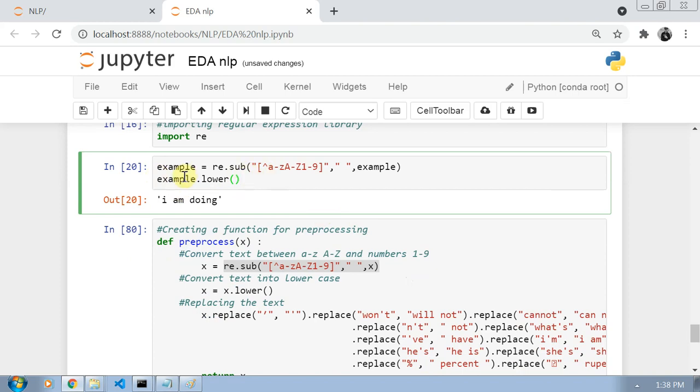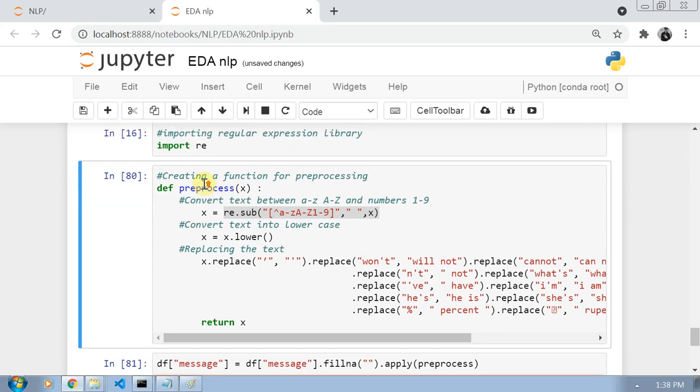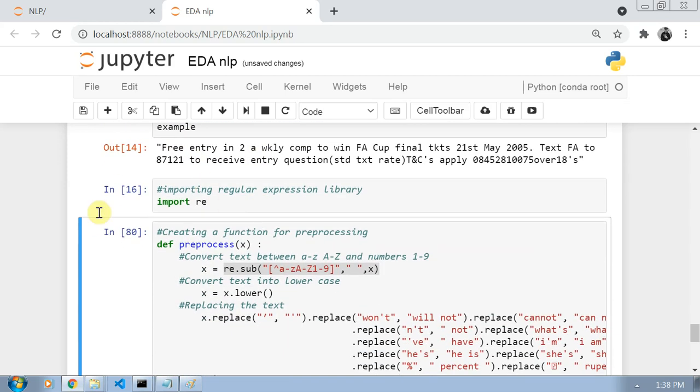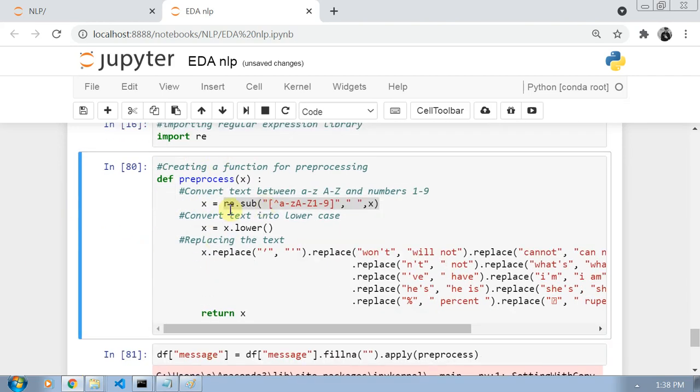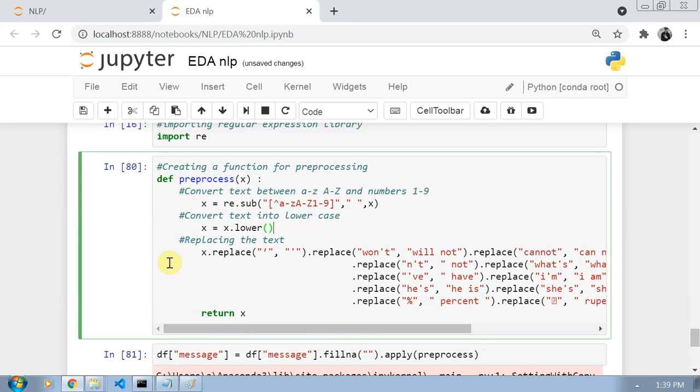These are the things I want to perform on my data so that it is in a proper format. So I have created a function preprocess, in which I pass an argument x, and x equals re.sub, the same thing I have shown you. Then I lowercase the letters, then I replace certain things. Don't worry, I will provide this notebook after the completion of our project.